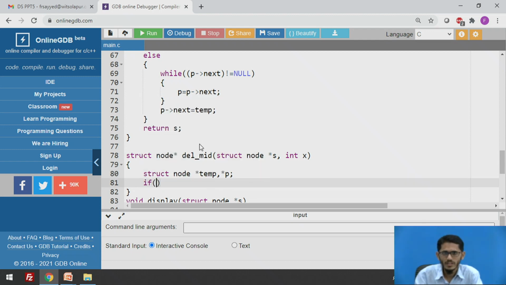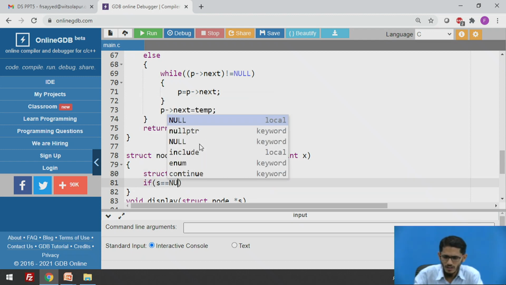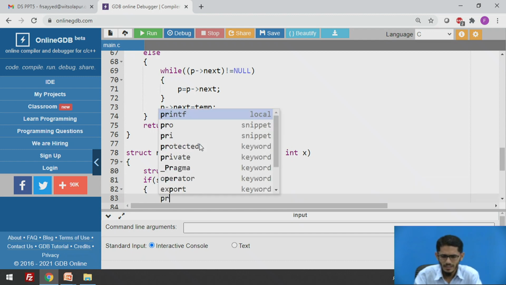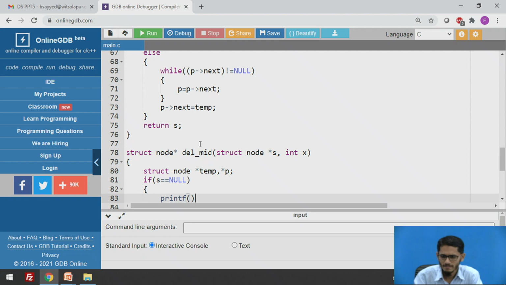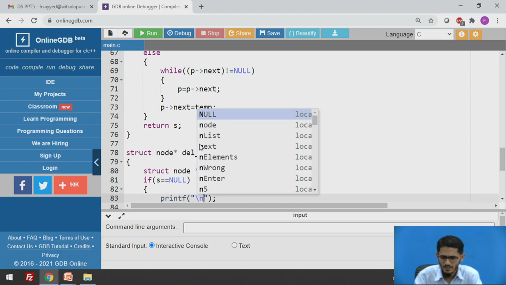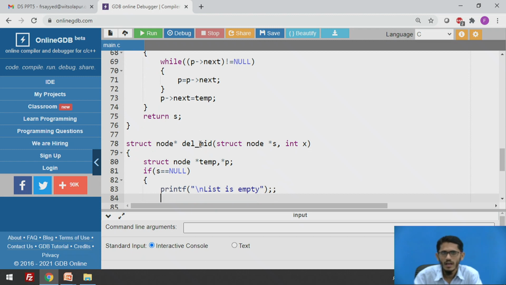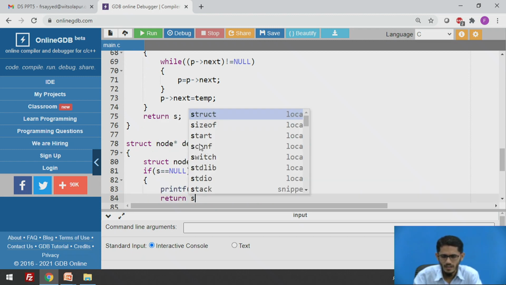I first check whether my start is equal to null. If it is so, in that case I just print a line that list is empty and I return.